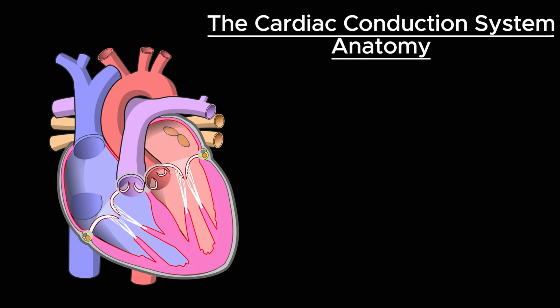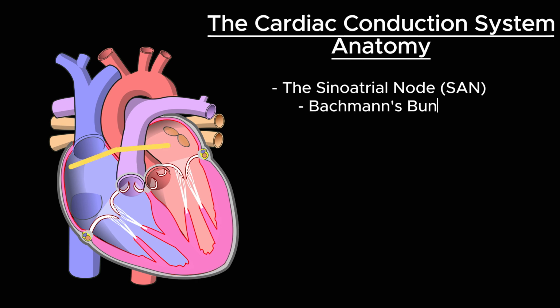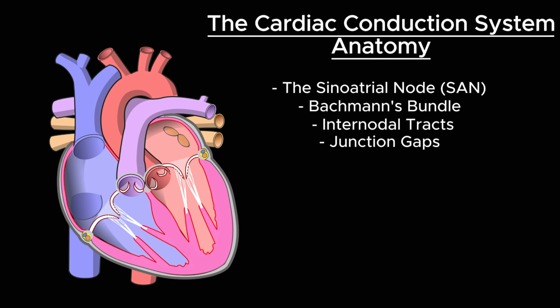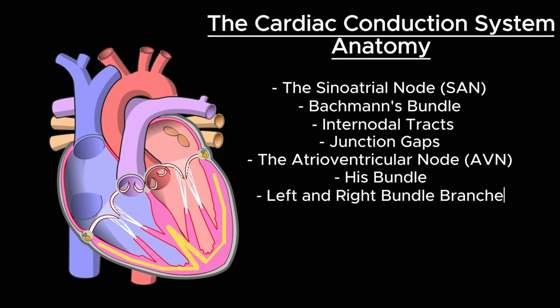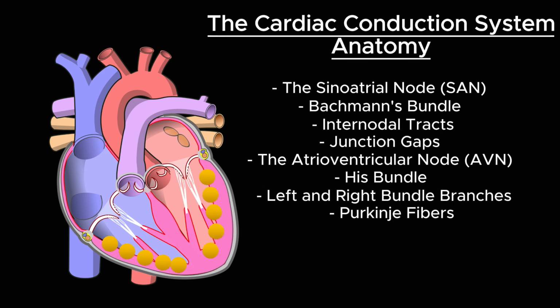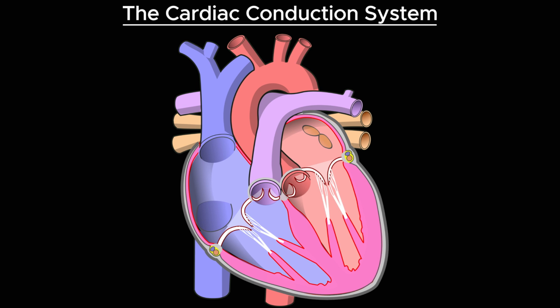The cardiac conduction system is made up of many components. These are the most important: the sinoatrial node, also known as the SA node, Bachmann's bundle, the internodal tracts, junction gaps, the atrioventricular node, also known as the AV node, His bundle, the left and right bundle branches, and the Purkinje fibers. The cardiac conduction system uses electrical impulses generated by the sinoatrial node to contract and relax the ventricles